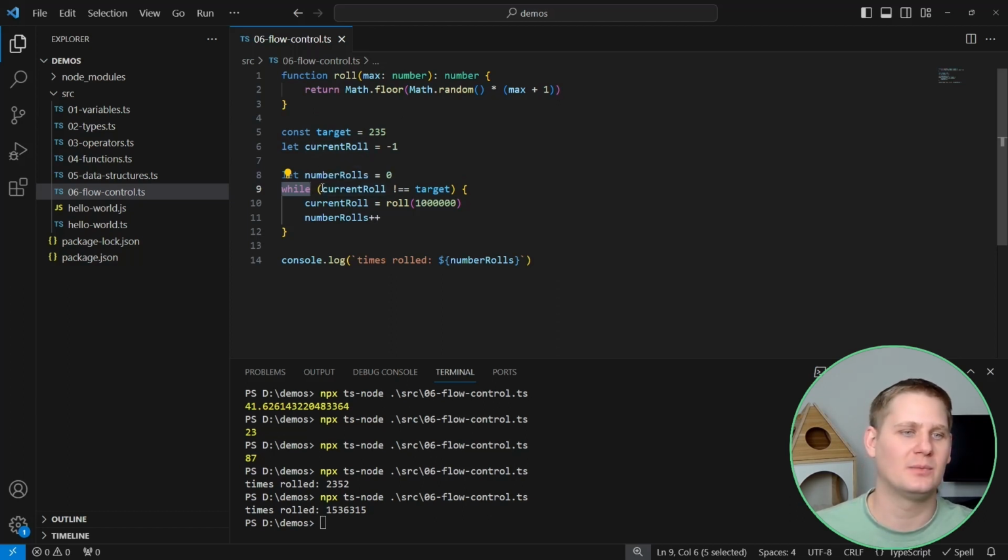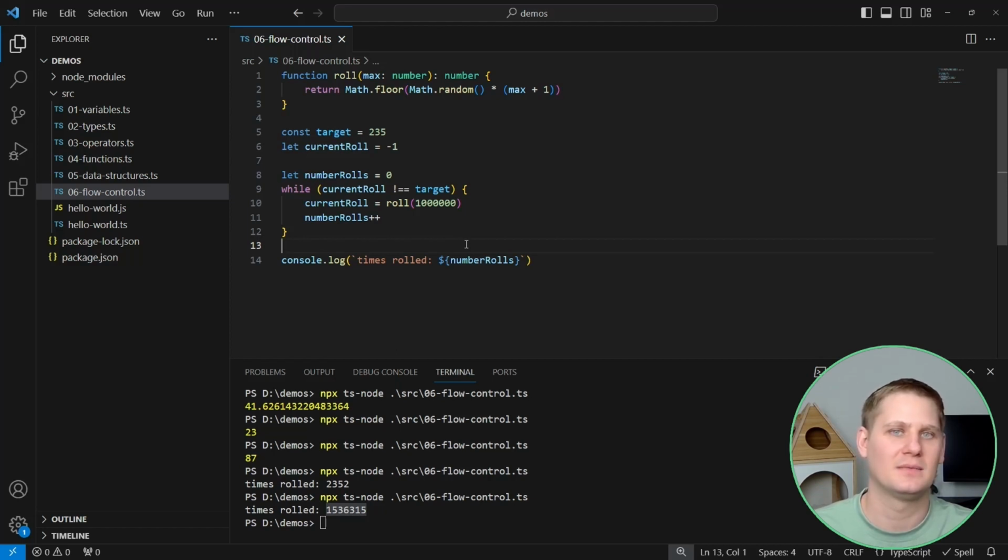And in the while loop, you start with the while keyword, and then you just give it some condition. And while this condition is not met, it will continue to run this block of code over and over and over. And since we saw just how fast we could roll 1.5 million times, let's talk a little bit about how your computer works. Your computer is going to have a CPU, your central processing unit, and your CPU will